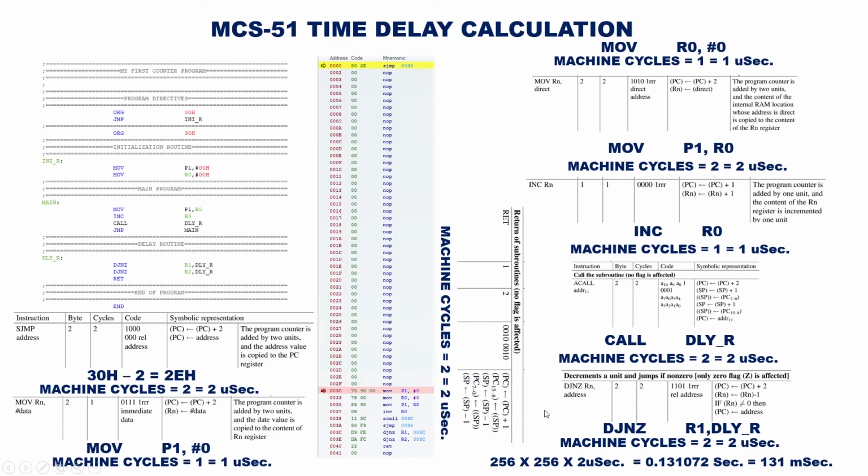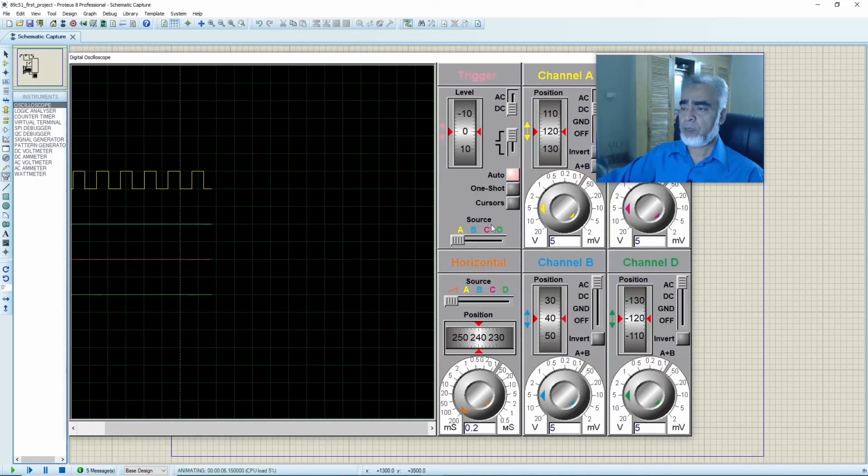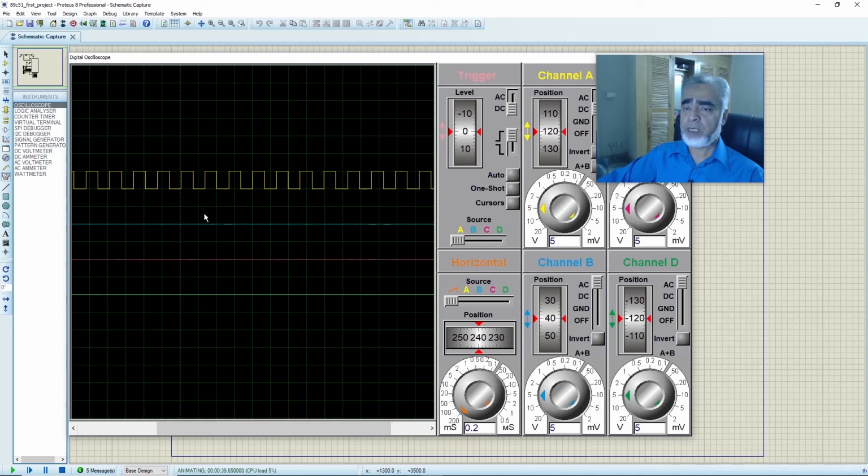Let's see once again the delay of the routine which we have used in our program. Here we will see the delay of this delay routine on the Proteus simulation. Here we have our first microcontroller circuit which we developed in our previous session. So once again we will check the delay of our program. We will run our program, as we have already downloaded the hex file to the microcontroller. We will press the one shot. And now we'll measure the time duration between the rising edge and falling edge of port 1.0.